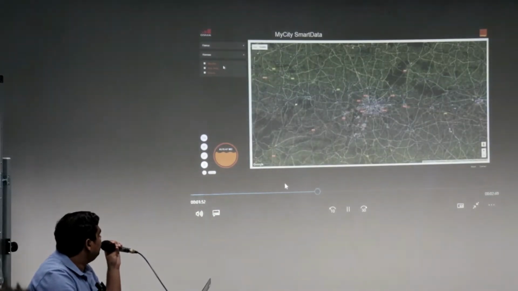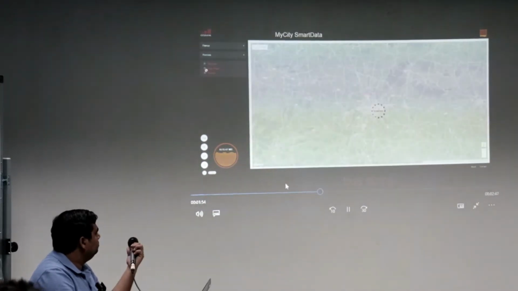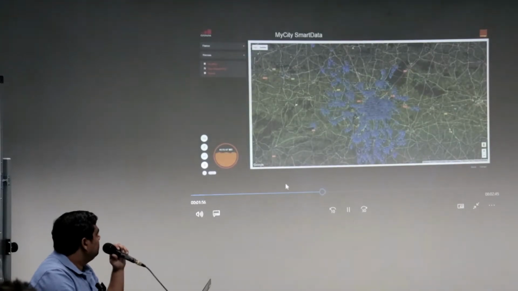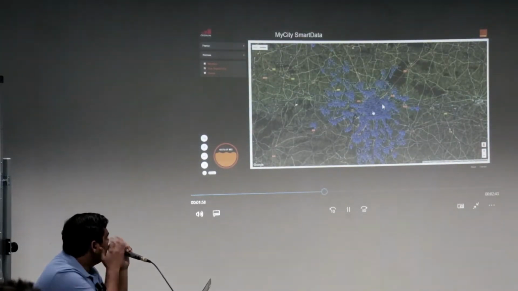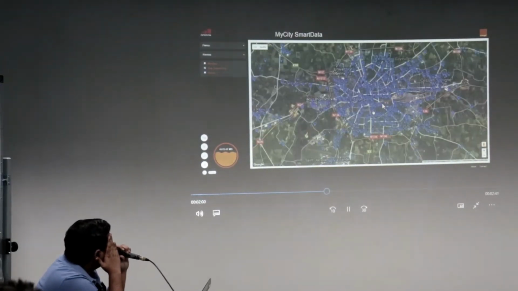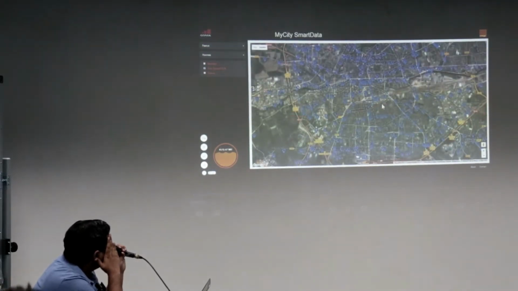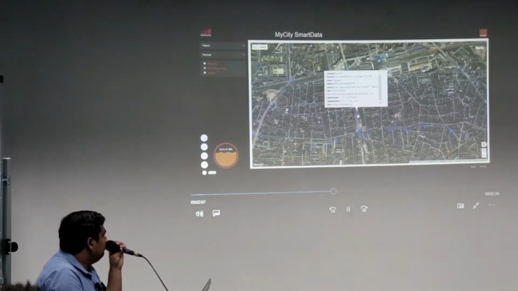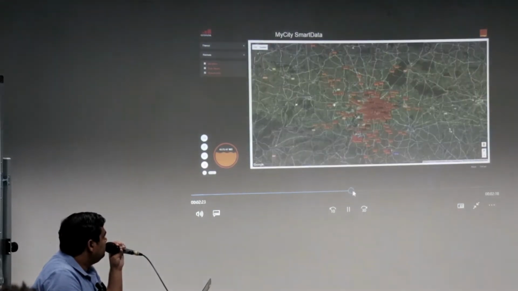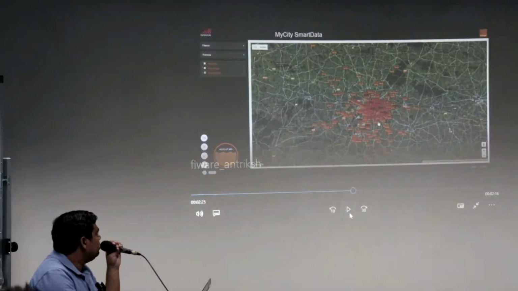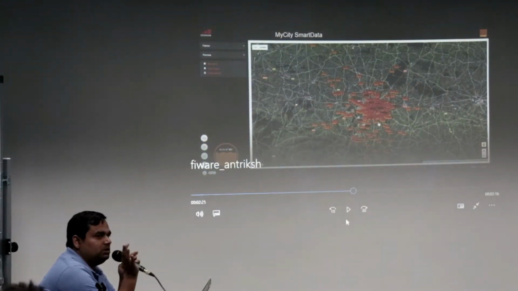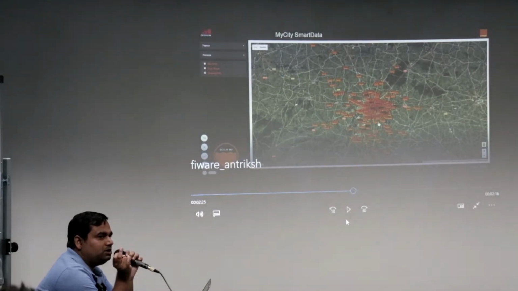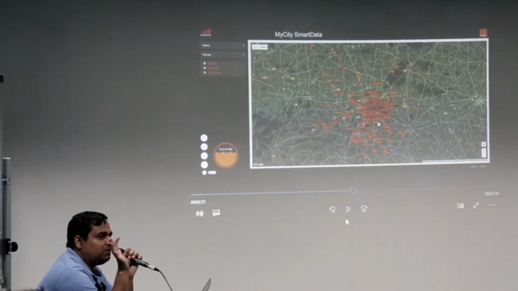Then if you move to France, here you can see the live location of bus stops in Rennes. Rennes is one of the cities in France. You can see where the bus stops are and the live location of buses. Here you see there are three colors of buses: one is orange, one is black, and one is painted orange and black.